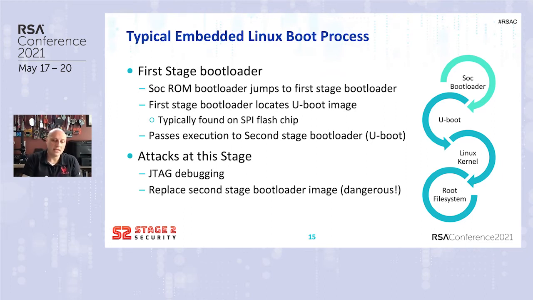Most of the time, the embedded system itself doesn't have enough room to fit the whole U-boot kernel in its own ROM. So it's going to look at an external flash. And it can't be the eMMC chip, because the first stage bootloader doesn't know how to read ext4, right? It has to be kind of a mediary step. So it's typically a second little flash chip where the U-boot kernel lives.